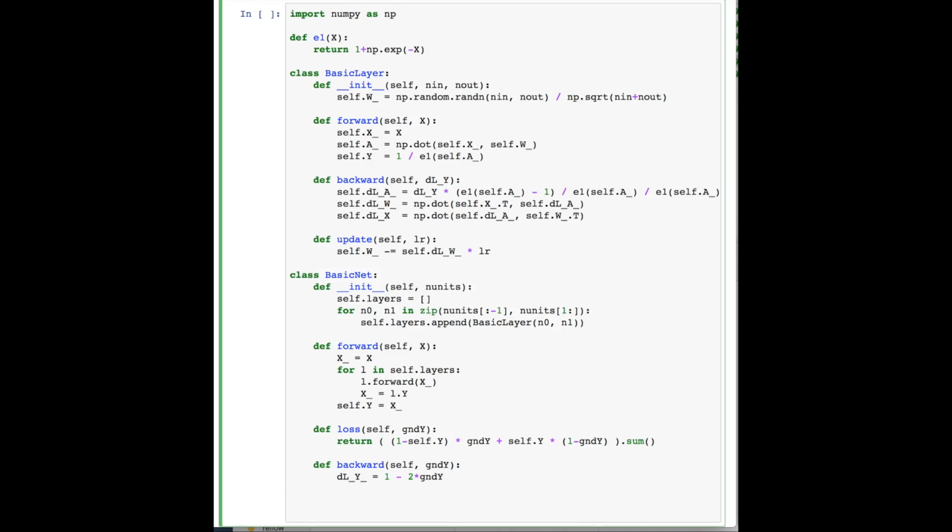If you do the math, this will be the partial derivative. Now we have the partial derivative of the objective or loss function with respect to the output of the last layer. Okay, then we can do the backpropagation by iterating from the last layer till the first layer. We call the backward function of each of the layers,